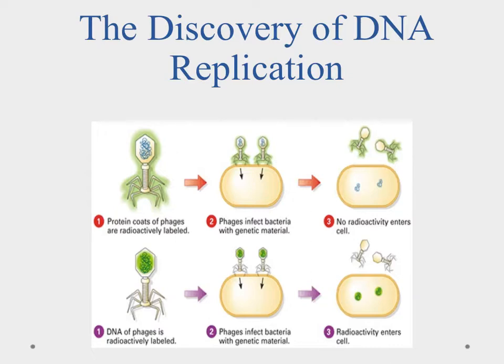At the time, there were two different groups that thought what it could be. Some thought it was a protein that coded all the information, and the others thought it was these nucleic acids. So what Hershey and Chase did is they set up two different experiments. They had one up here and the other one is down here. And what they did is they used a radioactive tracer. So in the first experiment, they took this radioactive tracer and they attached it to the protein coat of a